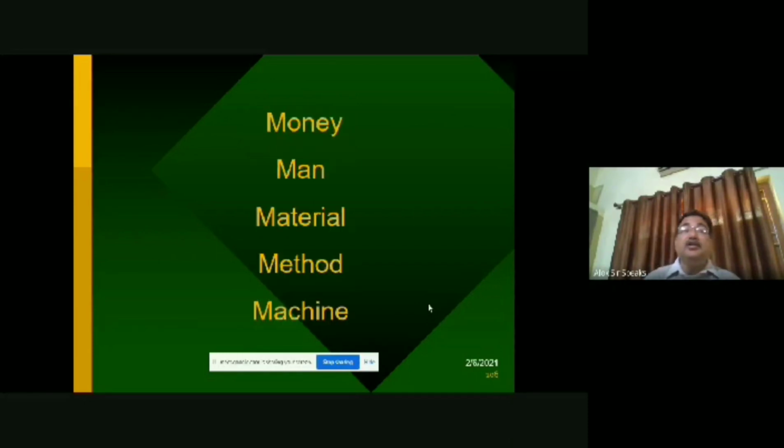The 5 M's that we manage very well are money, man, material, methods, machines. At any point of time, if you just stop and watch your thought, you will find that you are thinking about managing one of these five. Either you are thinking of managing your money, your finance, or of some person with whom you have got some work, or you want to get some work done by somebody,